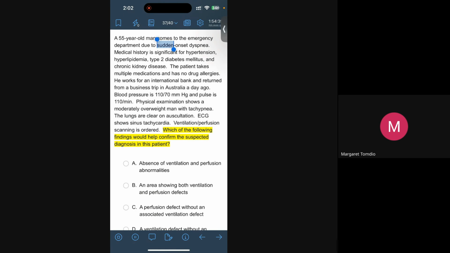Diagnosis here. Sudden onset dyspnea, 55-year-old male, embolism. International bank, returned from a business trip in Australia. Okay, so long-distance travel in which most probably he doesn't move his legs, due to which there is